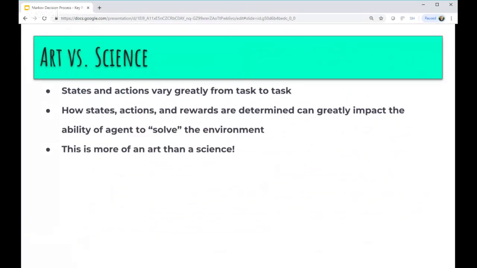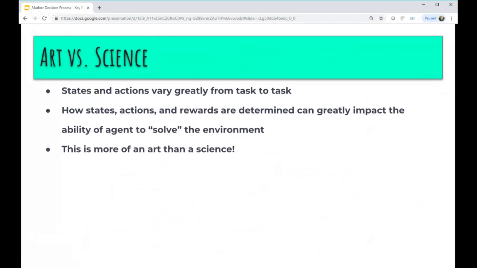One thing I'd like to point out is that although there's a lot of science in the theories, and a lot of science in the different algorithms that we'll talk about throughout this reinforcement learning nanodegree, a lot of what we do in this domain is art. And that comes from defining the states and actions that are available when you put together an